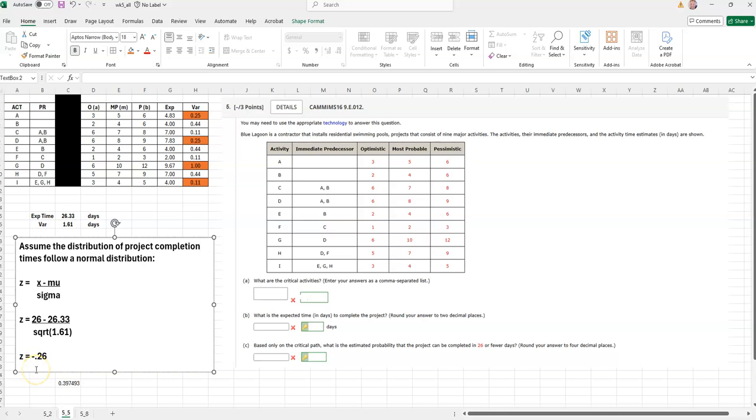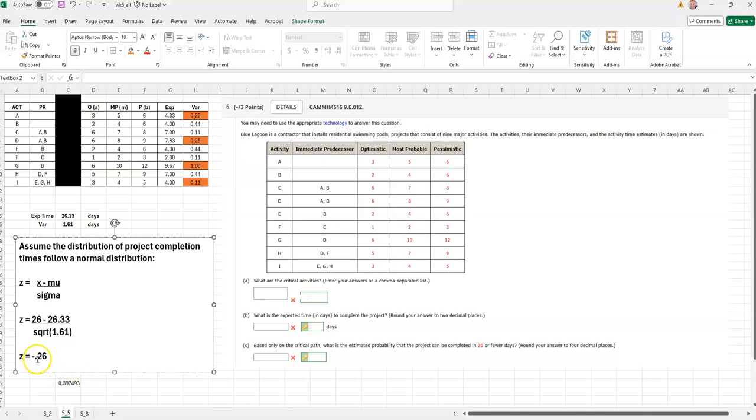here is minus 0.26. And this is confirmed by looking at the table. You can use a z-table to find the area to the left of z, which would tell you the number of months that are less than 26. So if you look up z equals negative 0.26 in a z distribution table, and you look to the amount